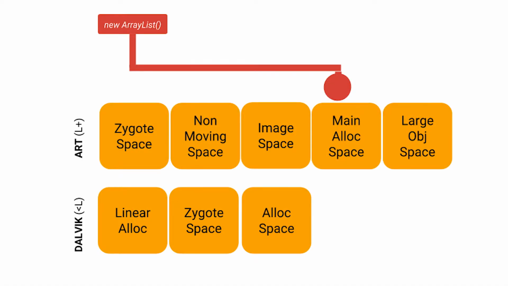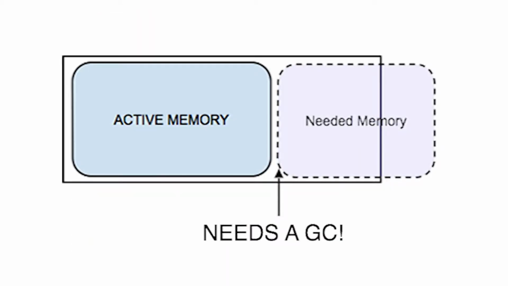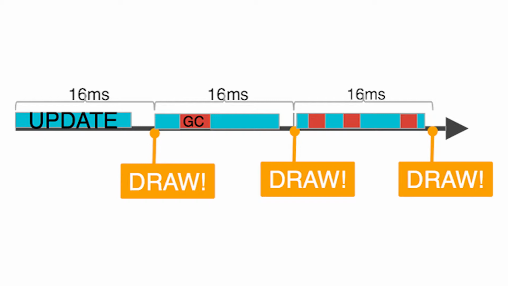Now remember, the memory heaps in Android's runtimes are segmented into spaces based on the type of allocation and how best the system can organize allocations for future GC events. And each space has its own reserved memory size. When the combined size of an object in a space begins to approach its upper limit, a garbage collection event is kicked off to free up space and remove unneeded objects.